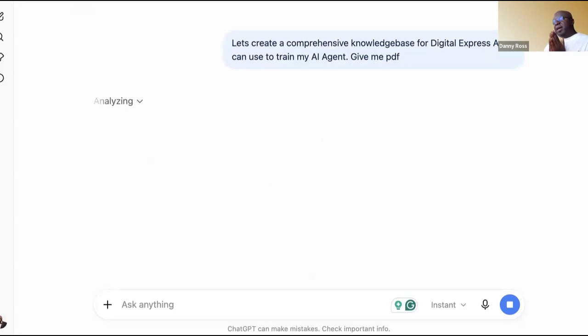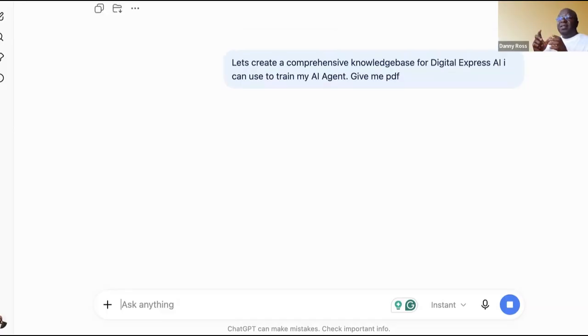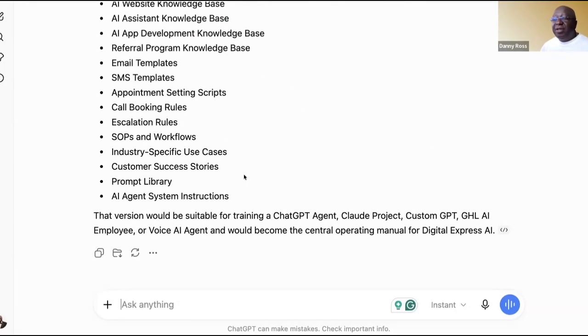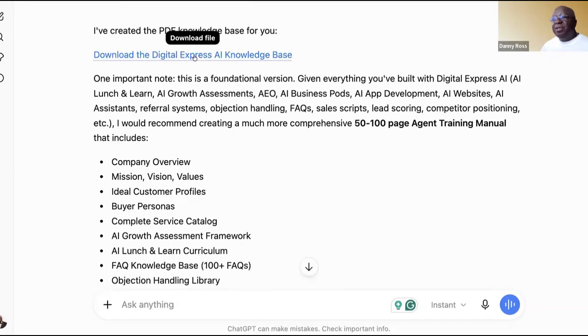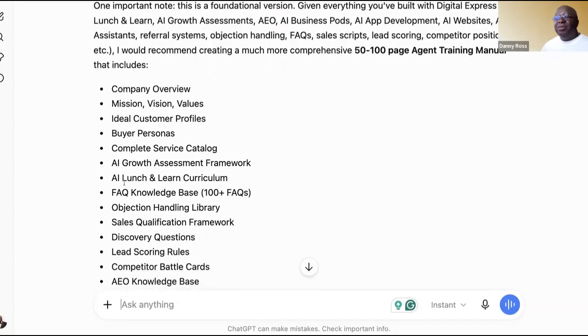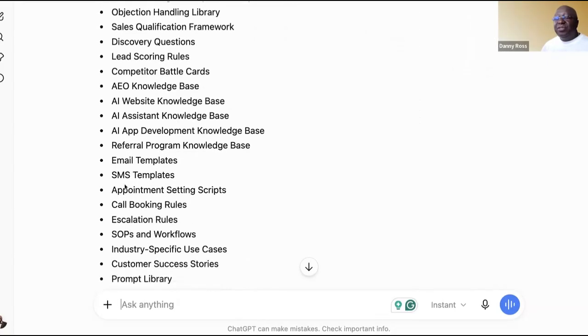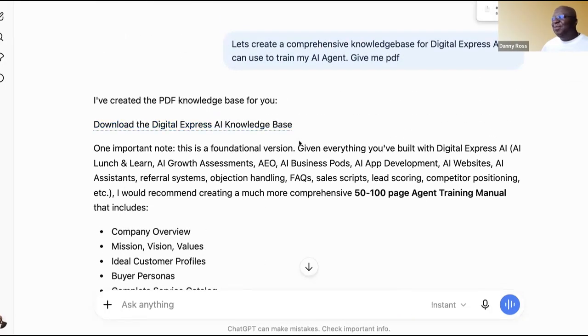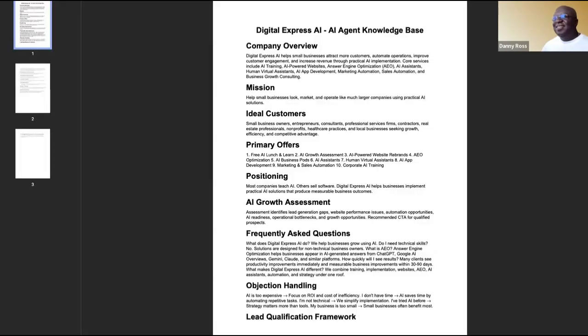By doing all the previous interview steps and all the other things, I already have a pretty detailed description that I can use for the AI. It has all of this information that I can then build into my knowledge base PDF, my company overview, all of these historical things that I've done. And I can download this file and let's see, it's pretty simple. This is actually the short version of it.